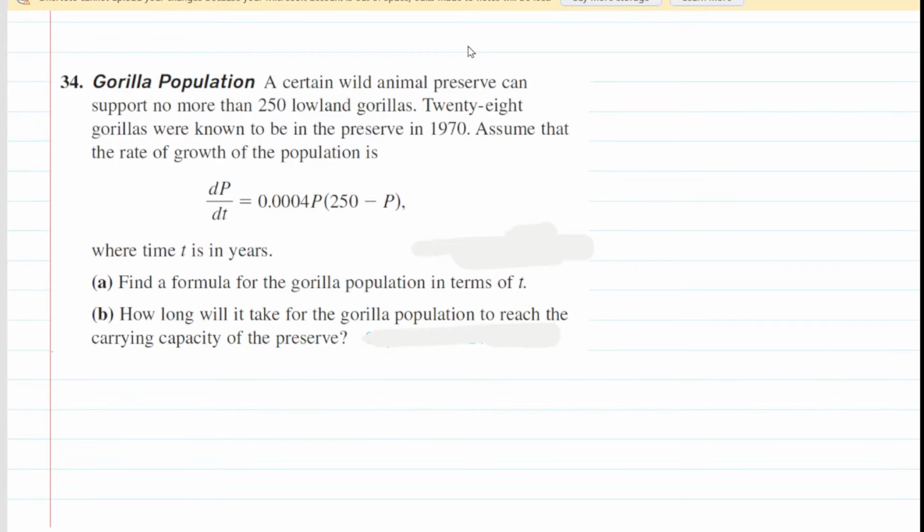If you haven't done so yet, make sure you pause the video and reread the problem before listening on. In part A, we need to find a formula for the gorilla population in terms of t based on this